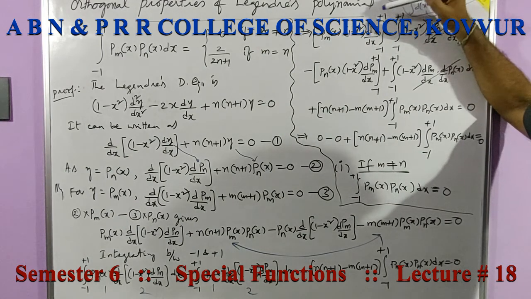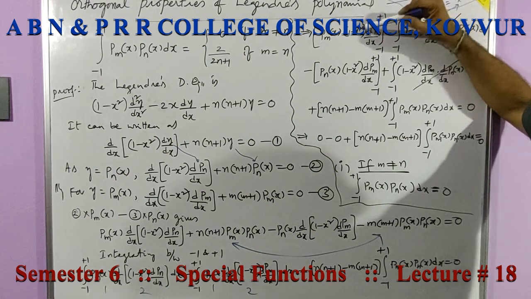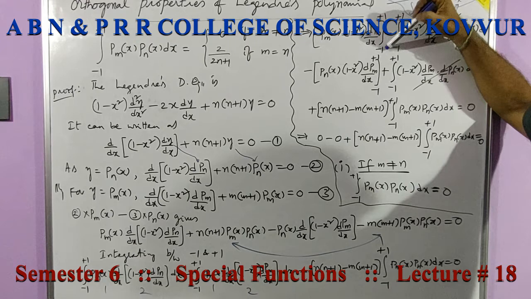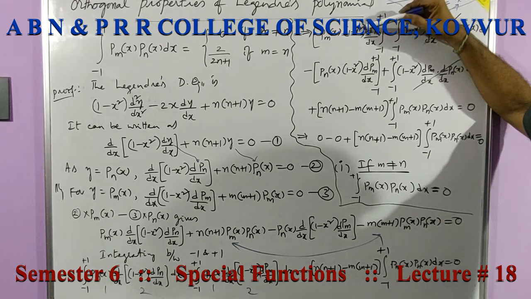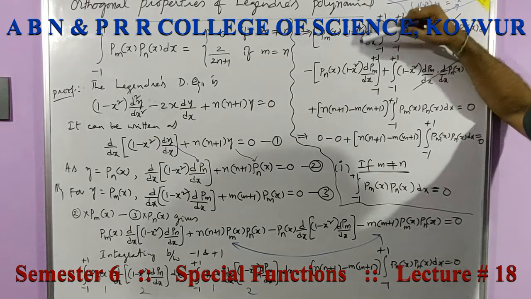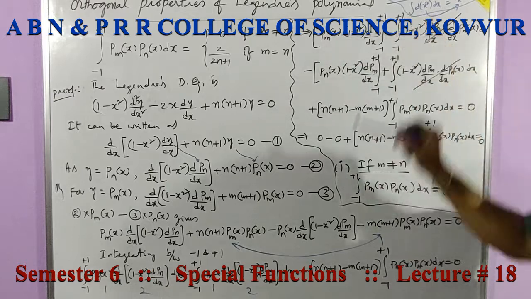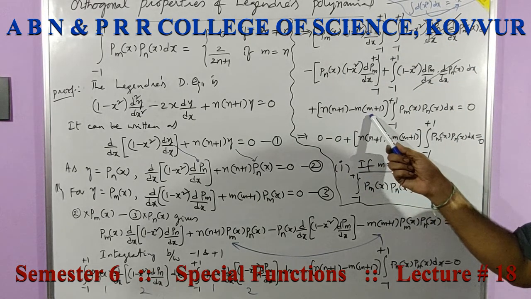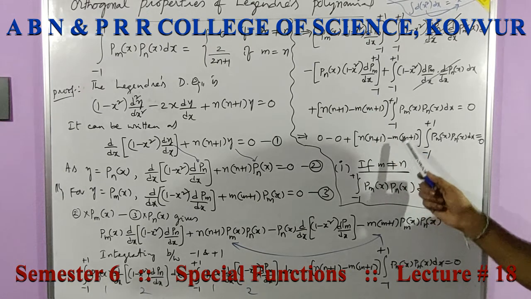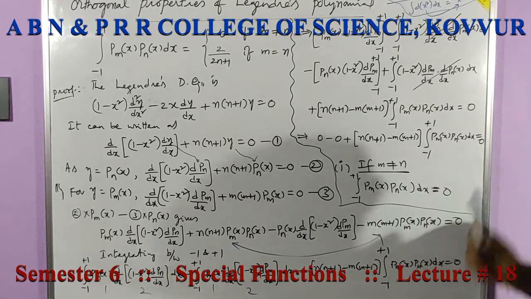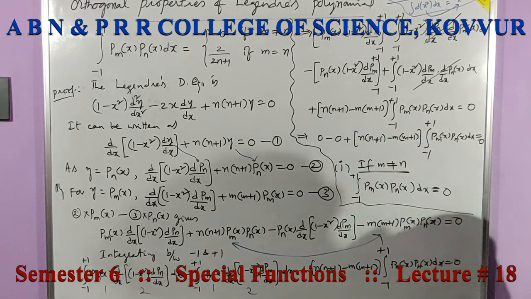If you apply the upper limit 1 in place of x, that is 1 minus 1, 0. And if you apply the lower limit minus 1, minus 1 whole square is plus 1, 1 minus 1, 0. In the same way, this is also 0. These two get cancelled, 0 minus 0, and finally what remains is n into n plus 1 minus m into m plus 1 integral of minus 1 to plus 1 Pm(x) Pn(x) dx,